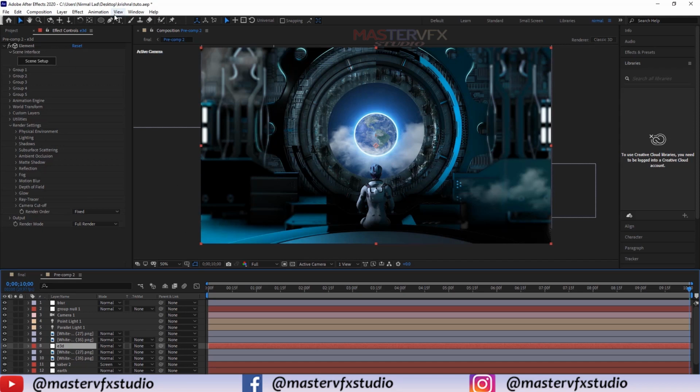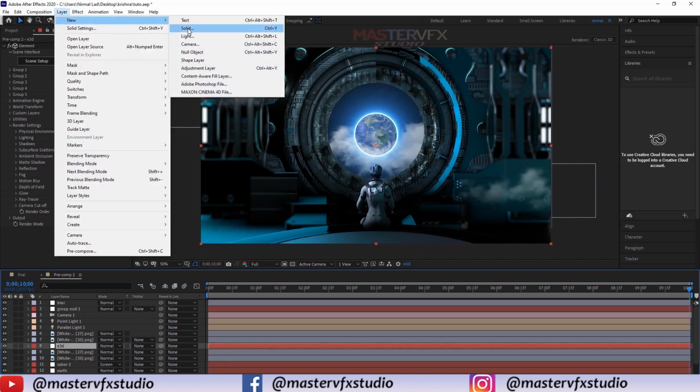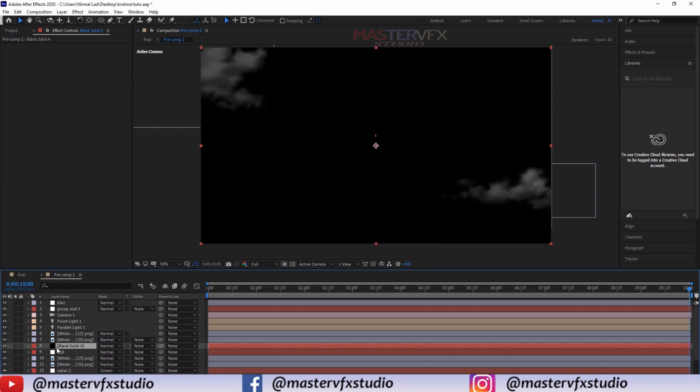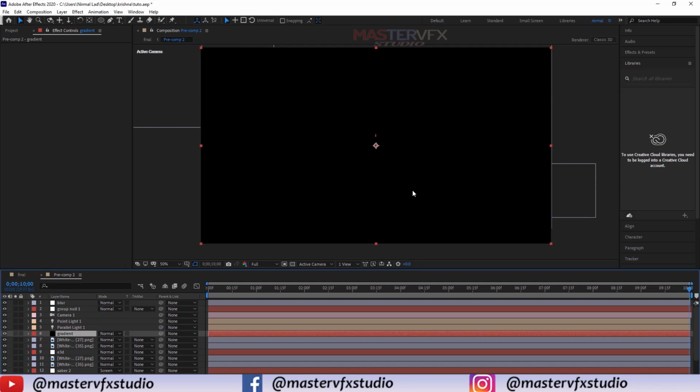So create a new solid: layer, new solid. Rename it to gradient and put it above these two layers. Now guys, we are going to create the gradient on this layer.